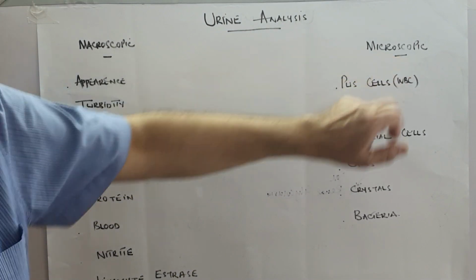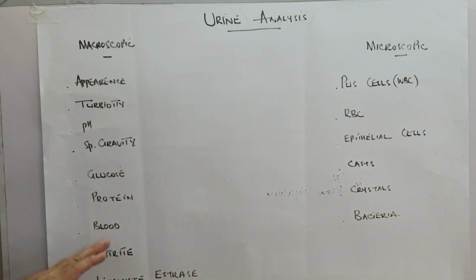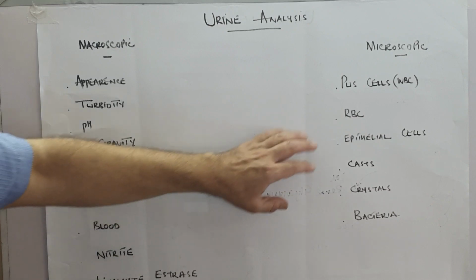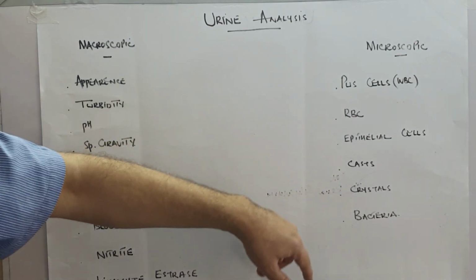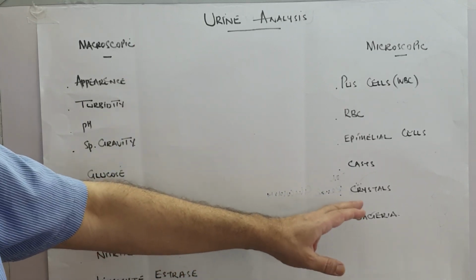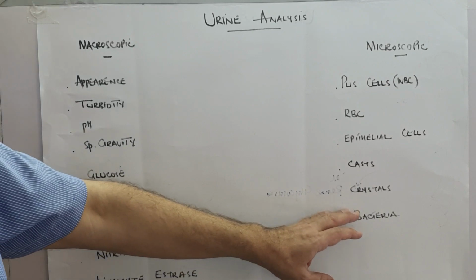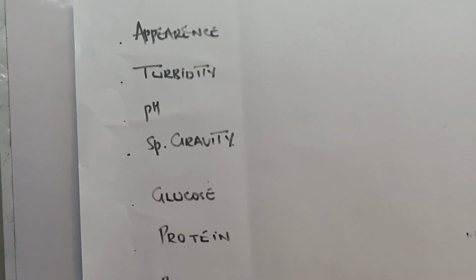And the microscopic examination, it more or less confirms what you've seen macroscopically. There are six variables in the microscopic side: pus cells, RBCs, epithelial cells, casts, crystals, and bacteria. All of them are important, and they give us valuable information, even diagnostic information. First, we'll talk about